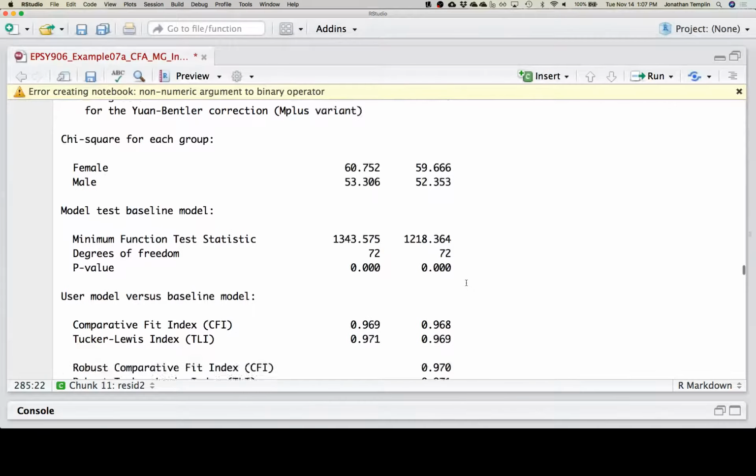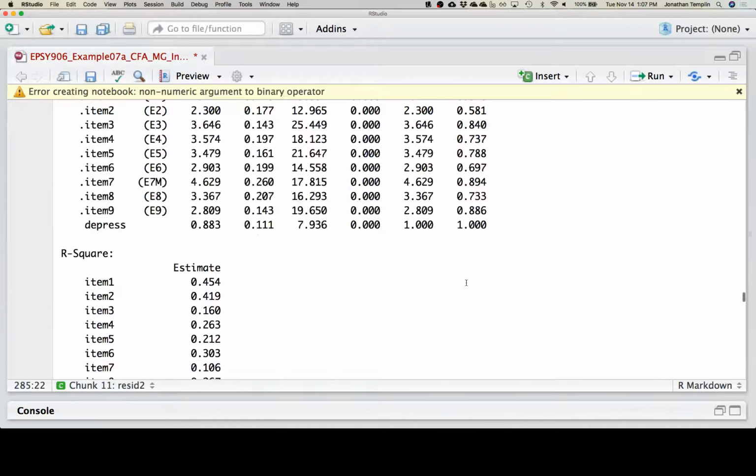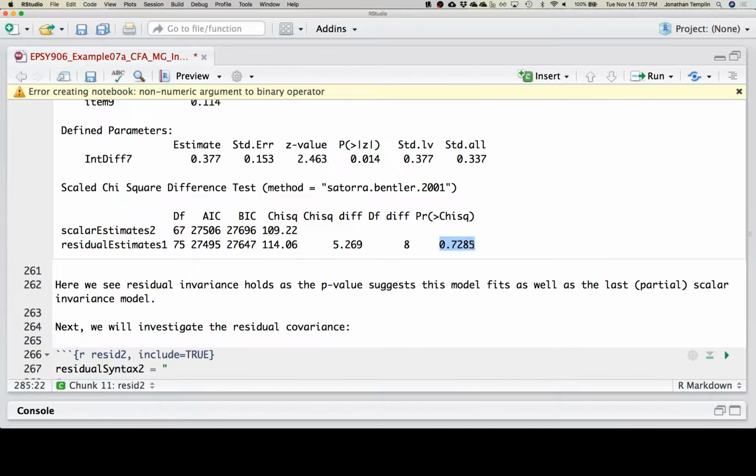Okay. Realistically, when we talk about what the p-value should be, for instance, for one of these likelihood ratio tests, we're doing so many hypothesis tests, right? The chance for type 1 error is quite high.